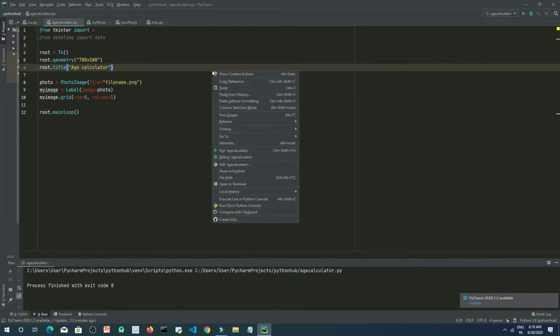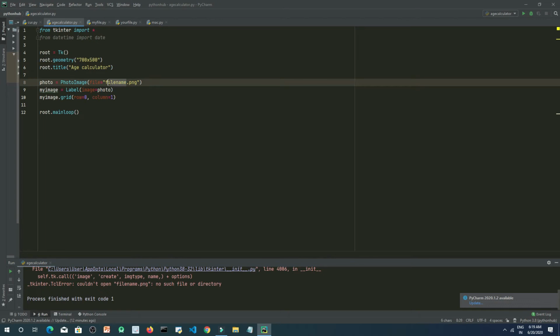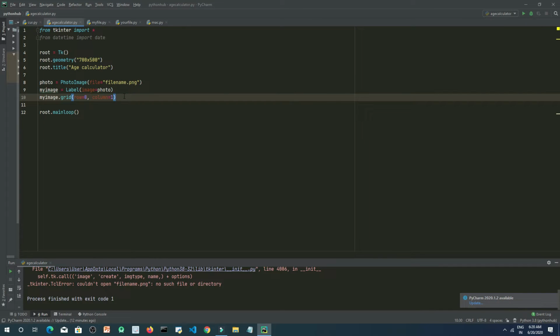Now let's try to run this. It's saying that no such file or directory exists, because I have just written this to explain that the file name should be here. So we will resolve it. Let's go ahead.